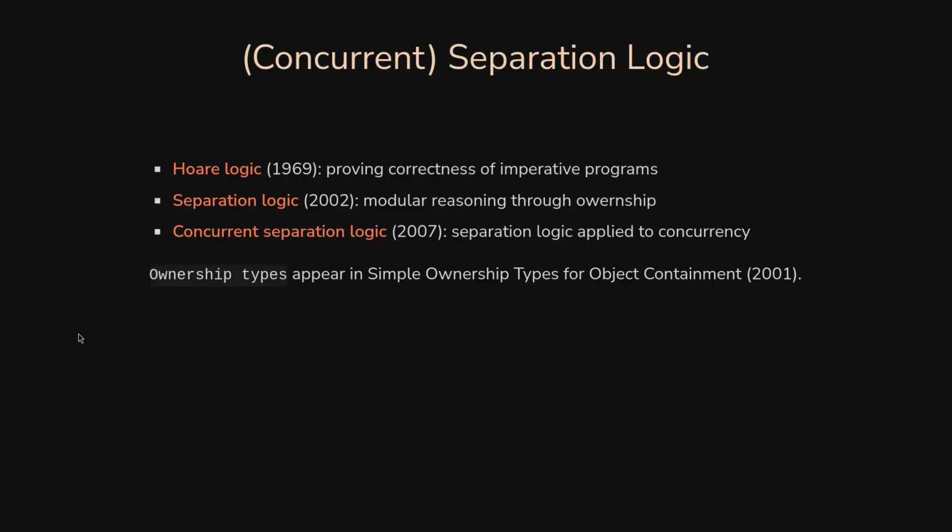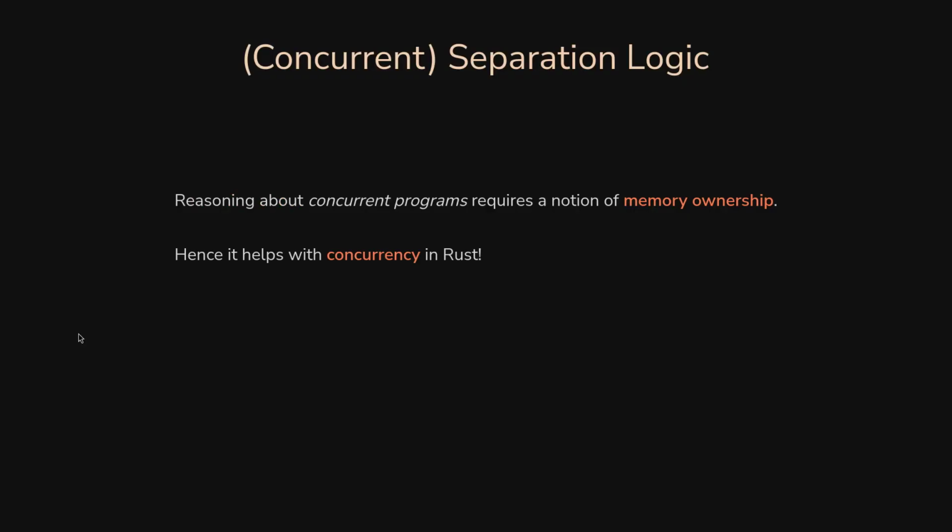So those kinds of logic are used to do that either manually or assisted by a computer. And quite soon, they realize, either to be able to perform modular reasoning, or also when you add concurrency, that they need something like ownership. Because it's basically impossible to reason about a program if in between two of your instructions, anybody else can do anything to your memory, right? It's just a world you cannot live in.